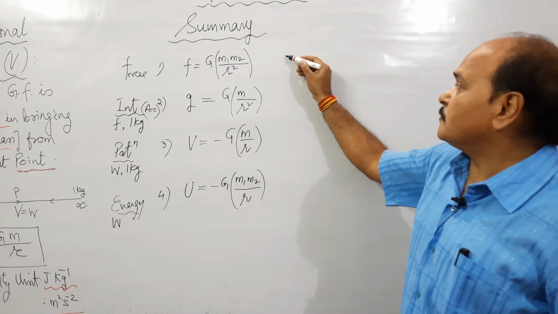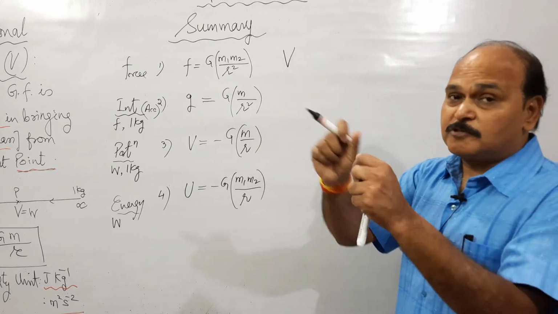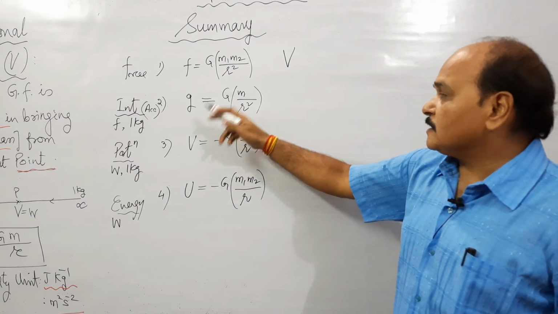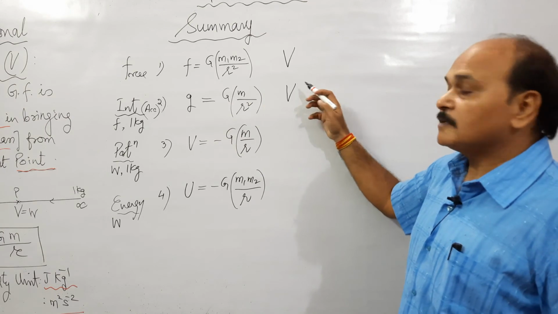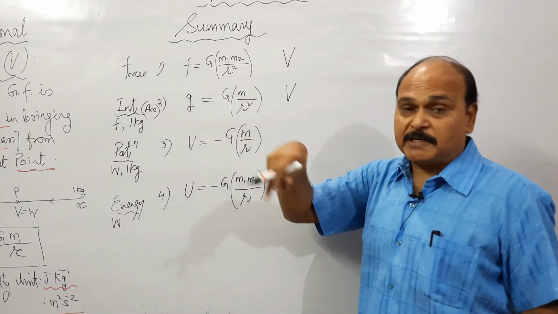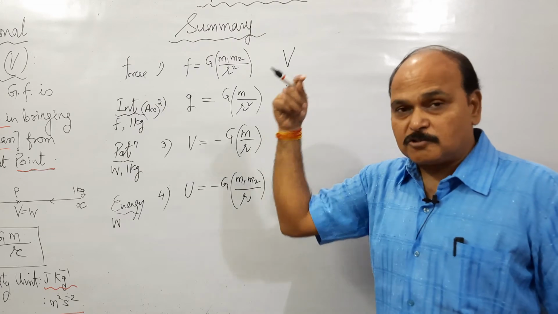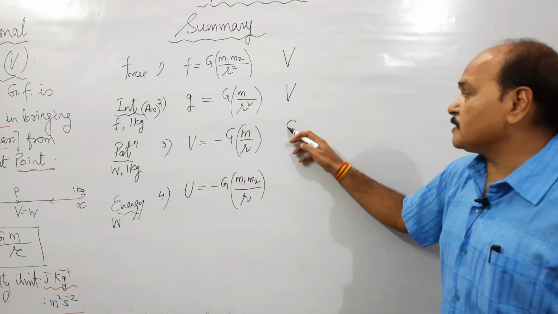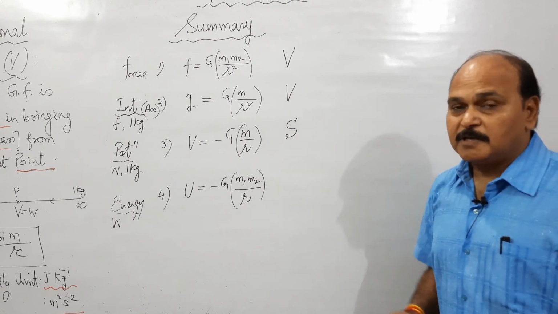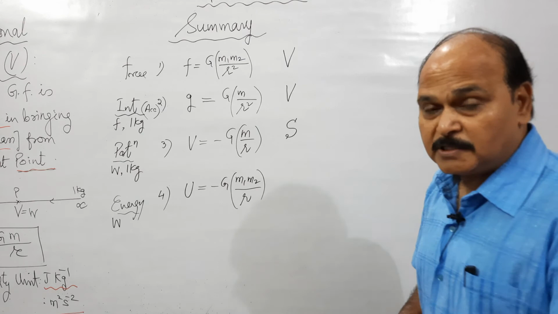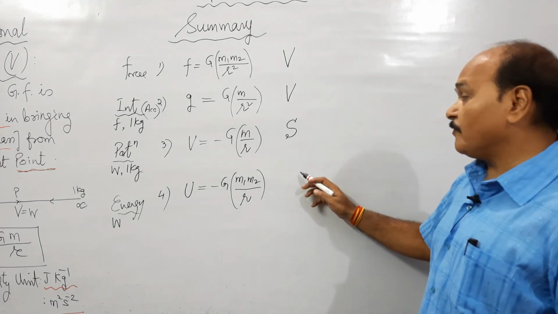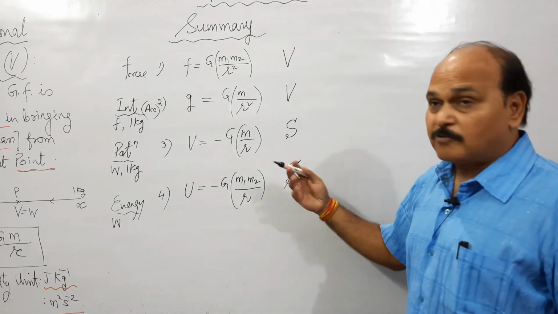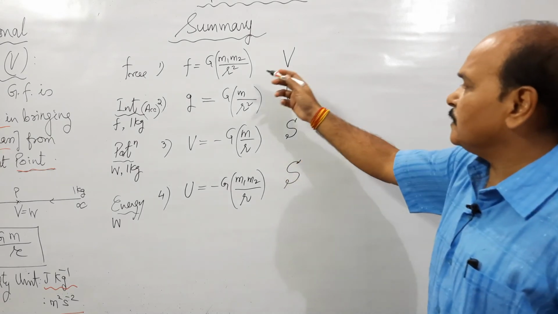Well, this force is a vector quantity, and direction of the force is where? Towards each other, because the force is always attractive. This acceleration due to gravity is also a vector quantity, and direction of acceleration due to gravity at any point in gravitational field is always towards the mass, that is direction. Well, gravitational potential is of course a scalar quantity, as it is work done in bringing unit mass from infinity to given point in the gravitational field, and gravitational potential energy of any mass is net work done in bringing that mass. Therefore, it is what? A scalar quantity.